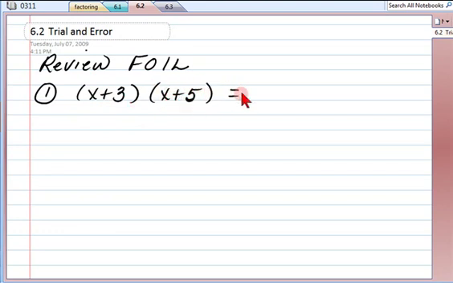What's the product of the first terms? X times x. It will give you x squared because you'll add the exponents. Now, the outer product is 5x. The inner product is 3x. And if you add those two together, you get